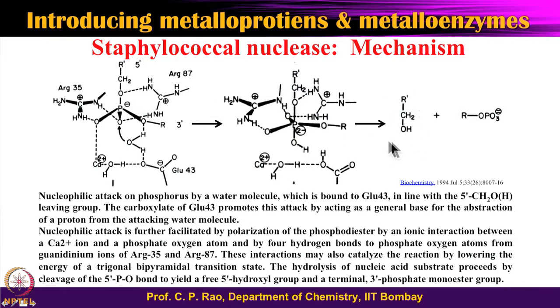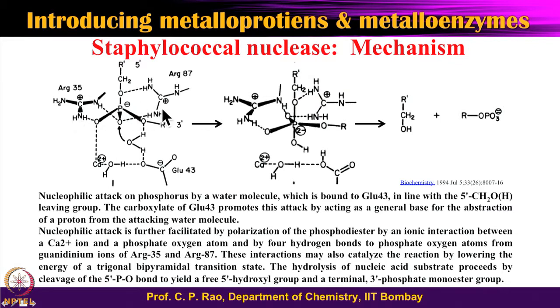This is the ribosyl or ribose part, and this is the phosphate part, and the phosphate center gets an OH from this side, which is a nucleophilic attack. So, the entire phosphate binding is not only stabilized by the calcium center, but also by arginine 35 and arginine 87. Therefore, at the reaction center